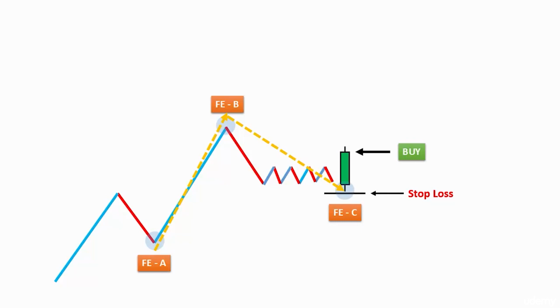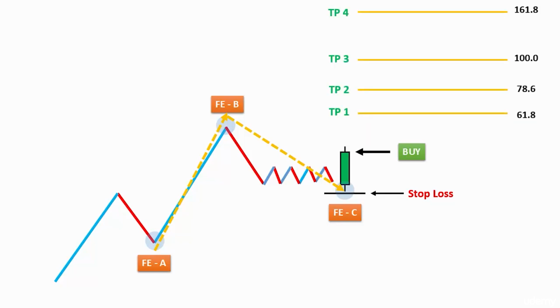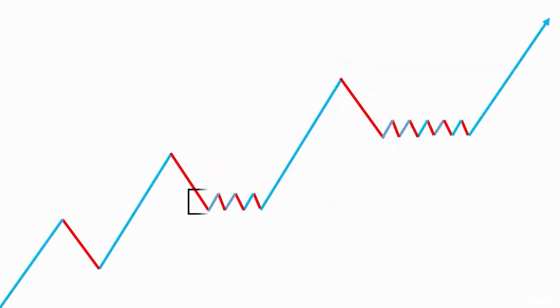So by the time we connect the Fibonacci expansion points, the Fibonacci price prediction levels will be placed automatically in the chart. Here, choose the Fibonacci expansion levels or price prediction levels to target the initial and further profit levels, using the method I showed you in the earlier section. Now notice that multiple invalid swing points or range-bound patterns can form at the higher-low levels in an uptrend market,